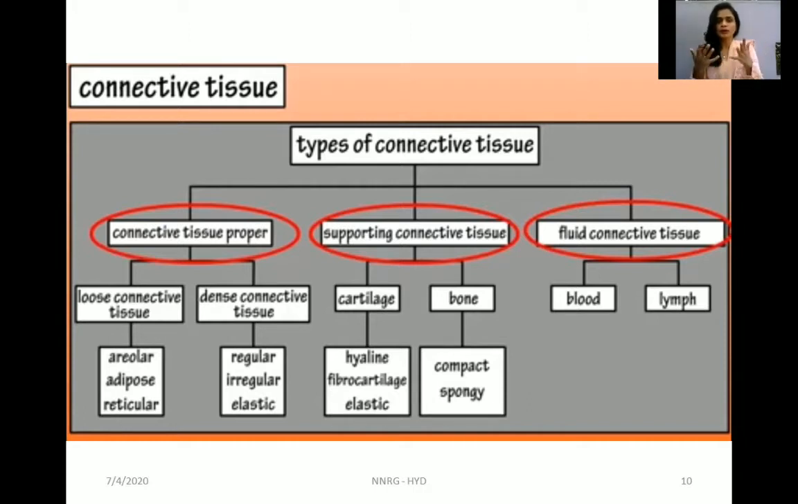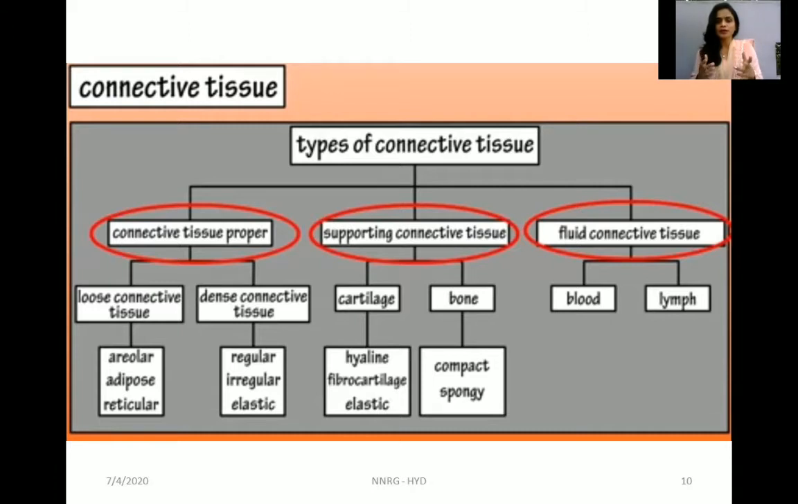Again, the proper and the supporting and the fluid connective tissues are subclassified into loose connective tissue, dense connective tissue, cartilage, bone, blood, and lymph. And then the loose connective tissue is subclassified as areolar, adipose, and reticular tissue, whereas the dense connective tissue is